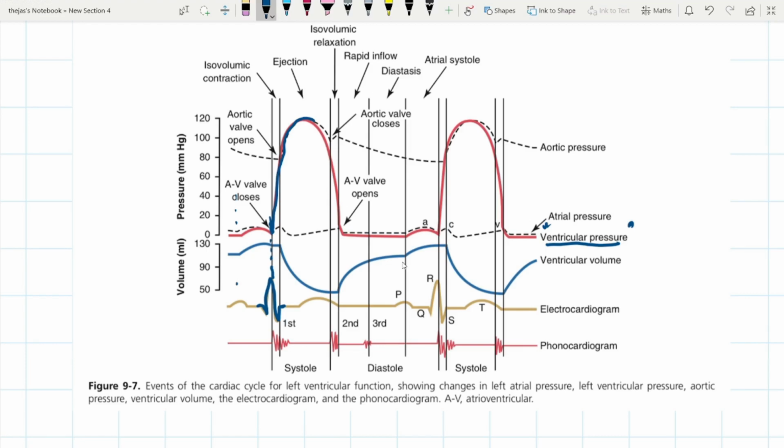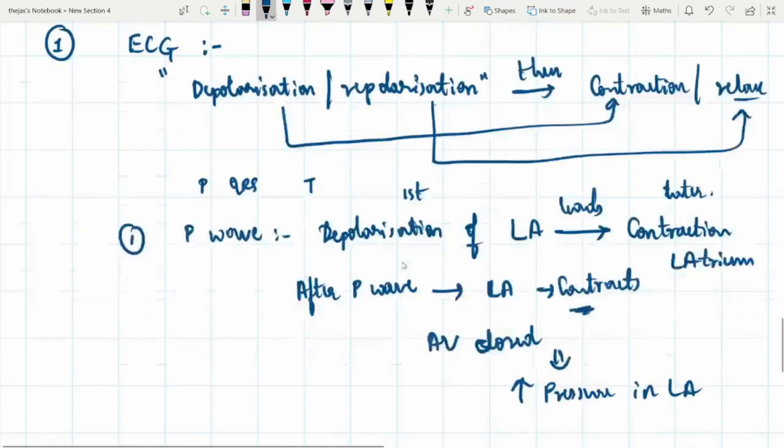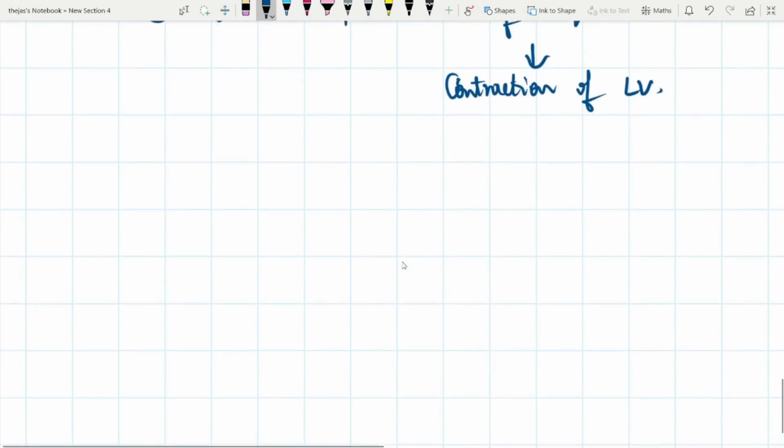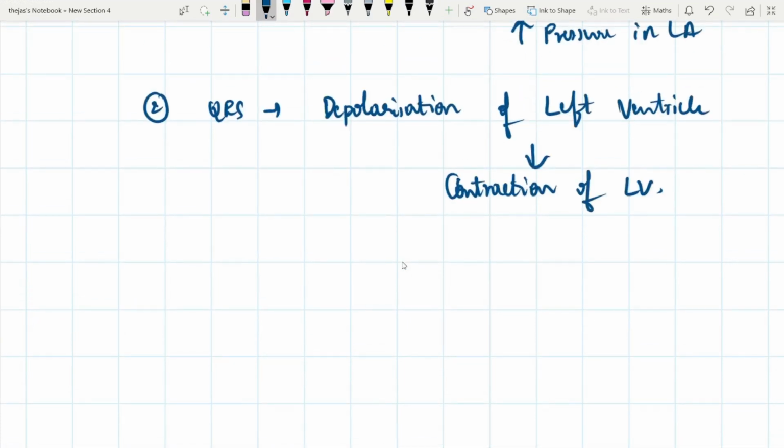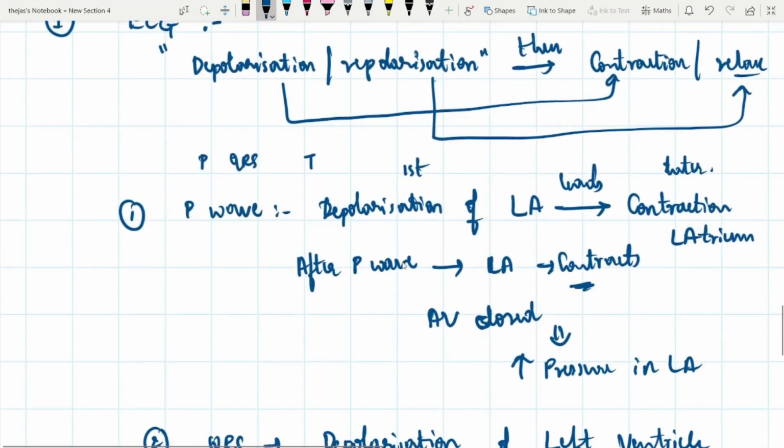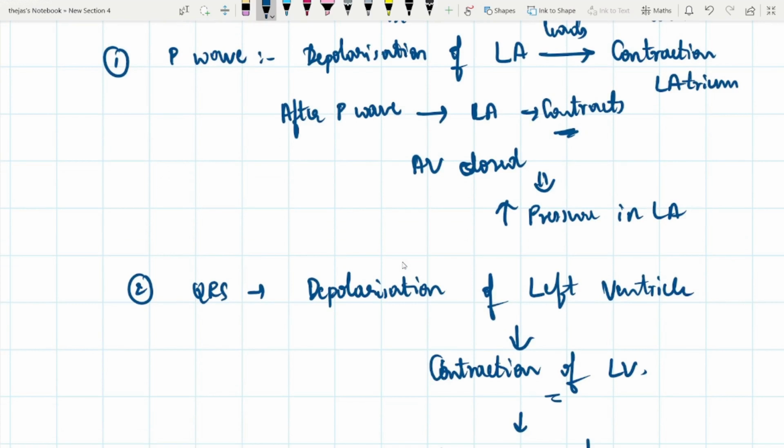So there is an increase in left ventricular pressure. See, after the contraction of this thing,